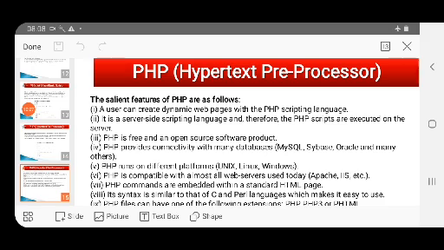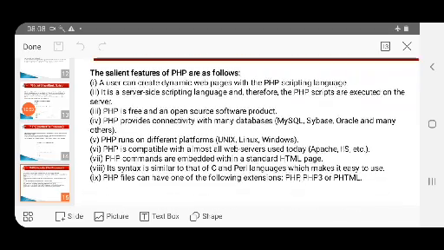It is a free and open source software product, and provides connectivity with many databases like MySQL, Sybase, Oracle, and many more. It runs on different platforms like Unix, Linux, Windows, so it is platform independent. It is compatible with almost all web servers used today like Apache, IIS, and many more.